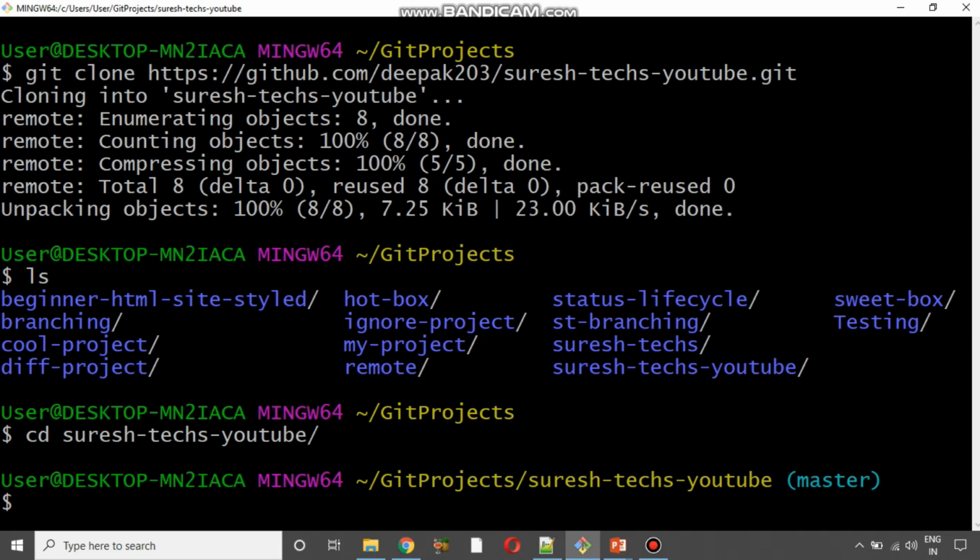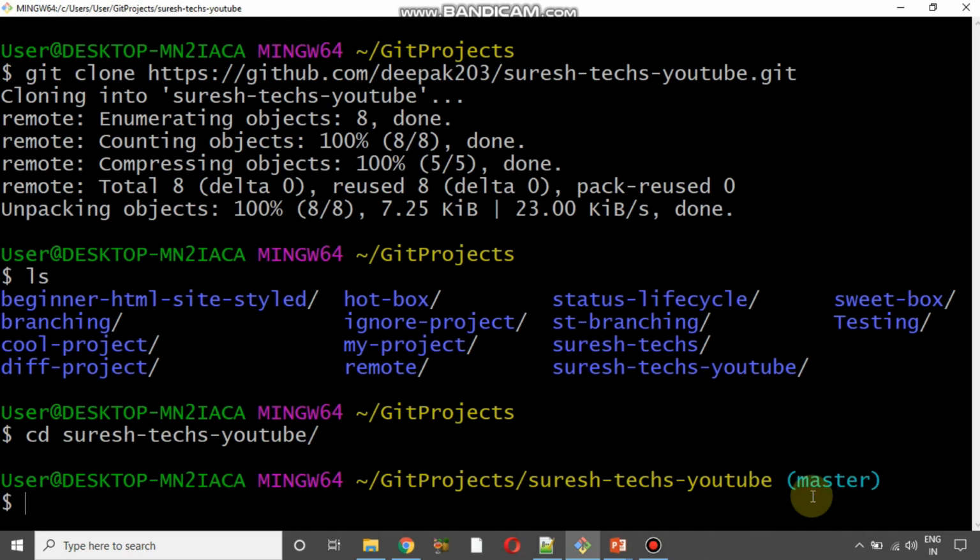Now look at that change. Whenever I have moved to the project, which is the SureshTechs YouTube, you can see on the right side there is something called master. If you remember our earlier tutorial, when I talked about the dream house, the first thing that you will need is a piece of land. Similarly, whenever you start work on any repository, which is nothing but the project, the first thing that you'll need is a branch, which is the master branch. That's why whenever you clone a project, the first branch that you will get is the master branch, and from here onwards you will need to perform your own tasks.